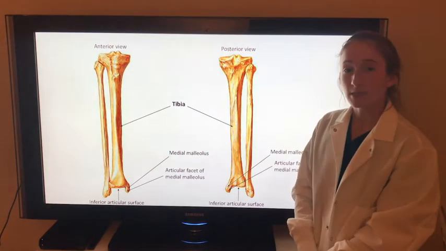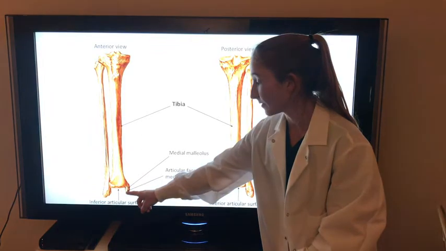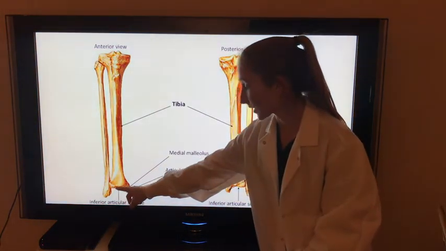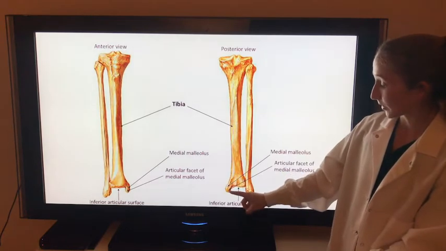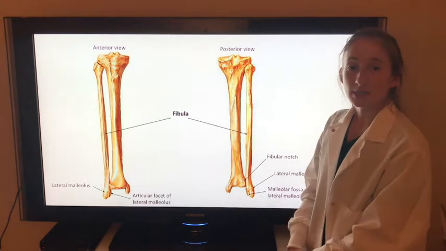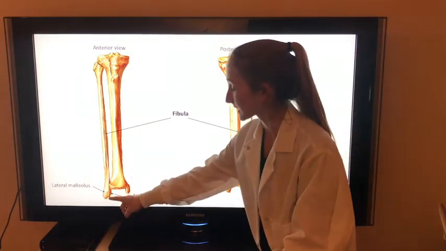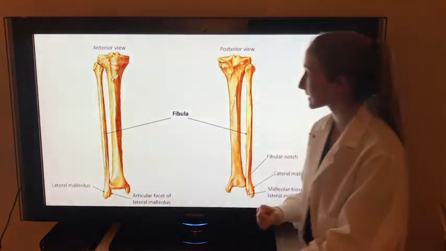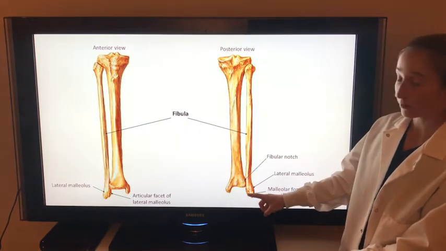The osseous components of the tibia in the anterior view include the medial malleolus, the articular facet of the medial malleolus, and the inferior articular surface. In the posterior view, we see the same three landmarks. The osseous components of the distal fibula in the anterior view include the lateral malleolus and the articular facet of the lateral malleolus, and in the posterior view, the lateral malleolus, the malleolar fossa of the lateral malleolus, and the